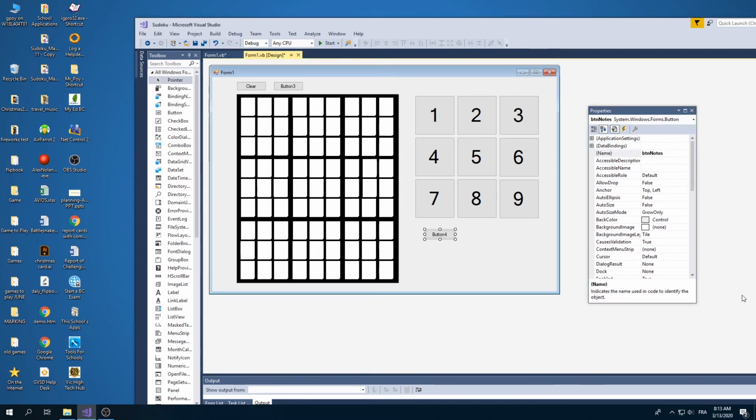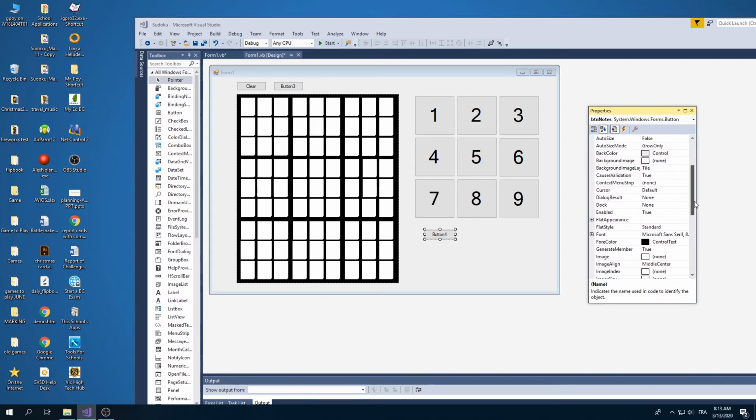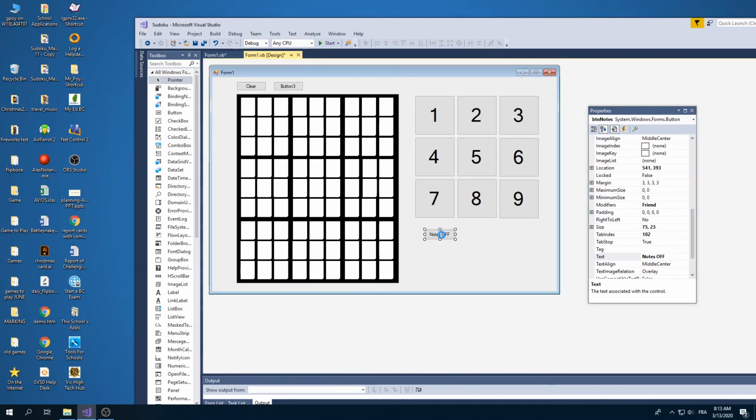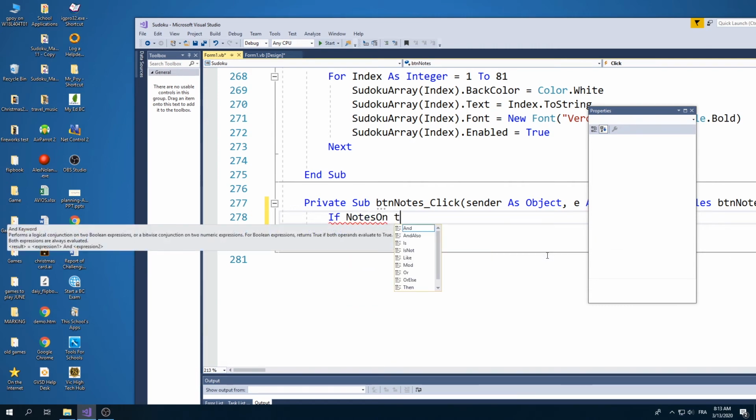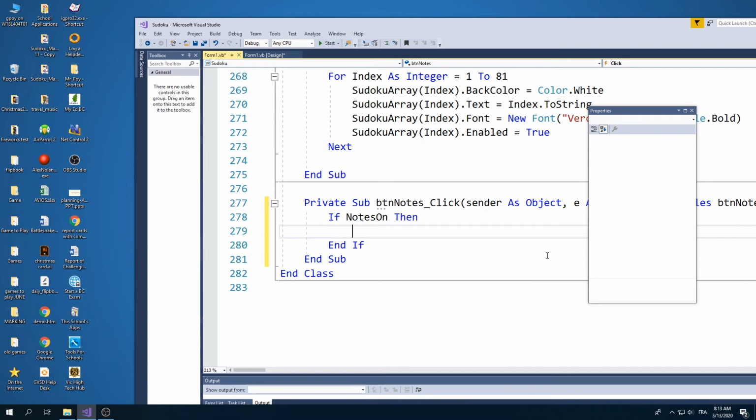I'm going to say the text is going to be notes off, so right now it's going to say notes off. If I click it, we're going to say if notes on, then the button notes.text is going to equal